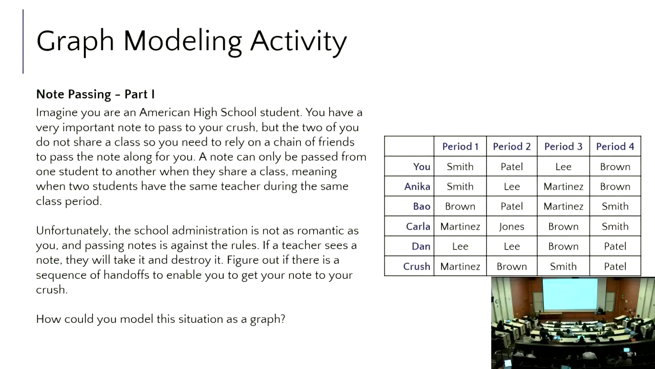So let's see. It's got to go through hand. So let's say I passed it to Anika in period 1. And then in period 2, Anika shares period 2 with Dan. They both have Mr. Lee. So Anika could give it to Dan. Or Anika could wait. Maybe she doesn't trust Dan. I don't know. And then Anika has period 3 with Bao. And Bao is apparently much more trustworthy. So Anika hands it off to Bao in that period. So the note can change hands when I have a shared class with one of my friends in